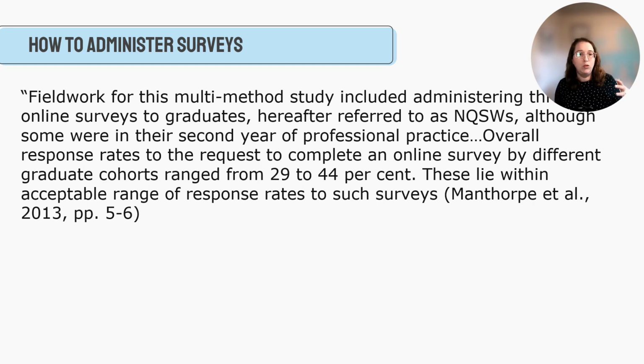This was a fieldwork for a multi-method study, and what they did is they administered a series of online surveys to graduates, asked them to complete it and send it back. So it looks like the rates of completion of the online survey varied between 29 to 44%. These lie within an acceptable range of responses to the surveys, according to Manthorpe et al. And so you can see they asked students to return the survey, and the survey response rates were 29 to